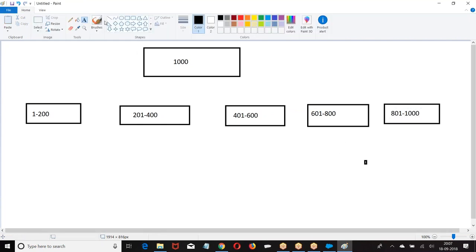It will break them. Now the question is, you broke them like this, very good, but how are they going to run? Are they going to run like this?